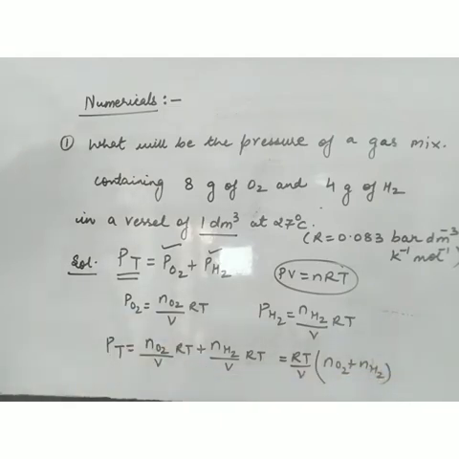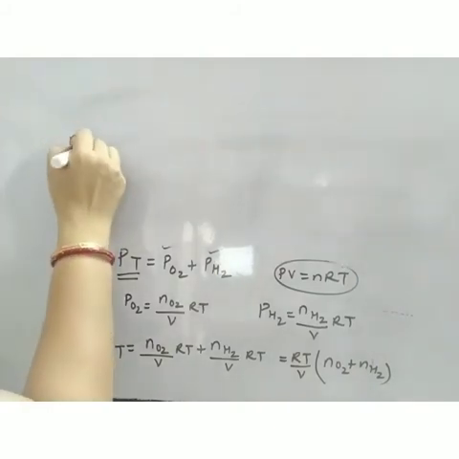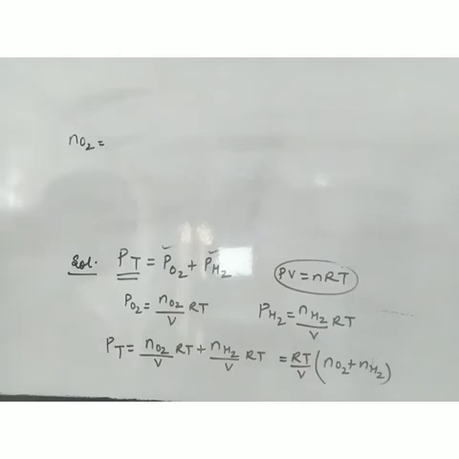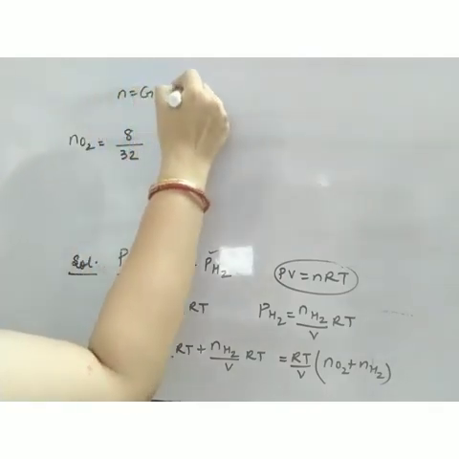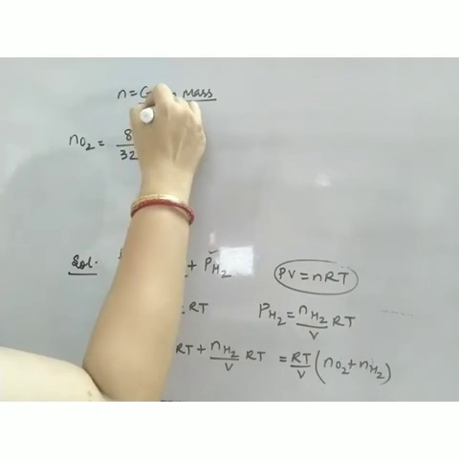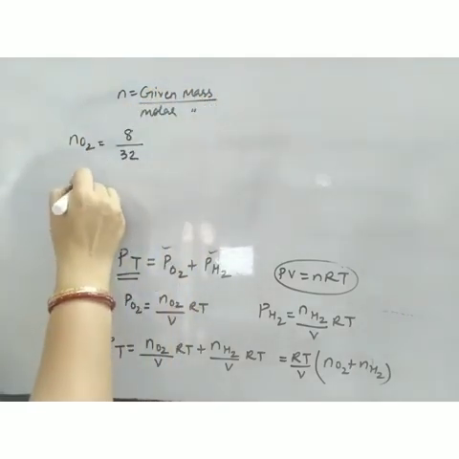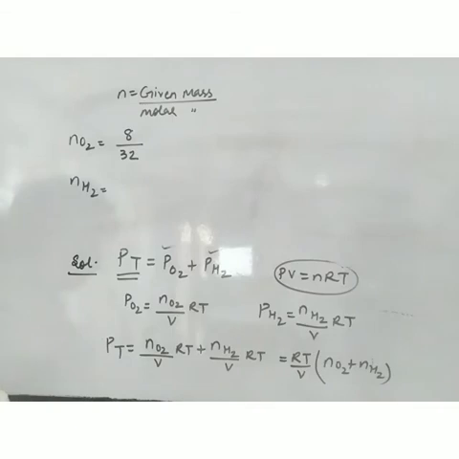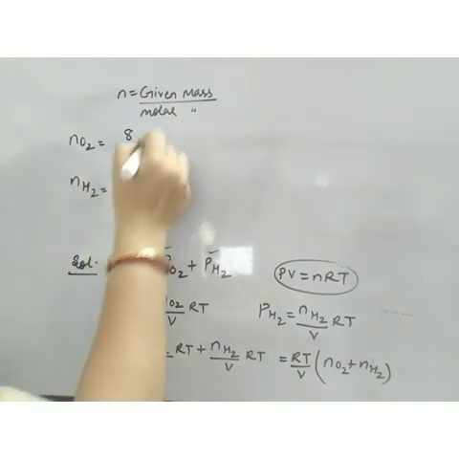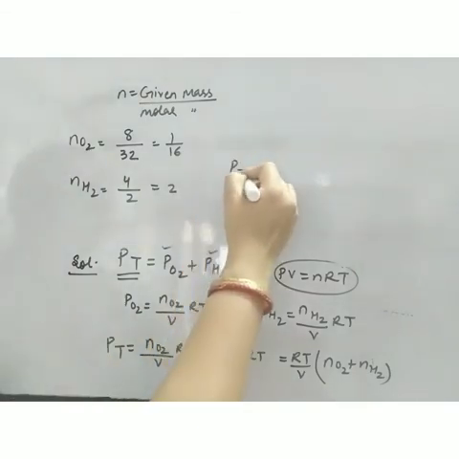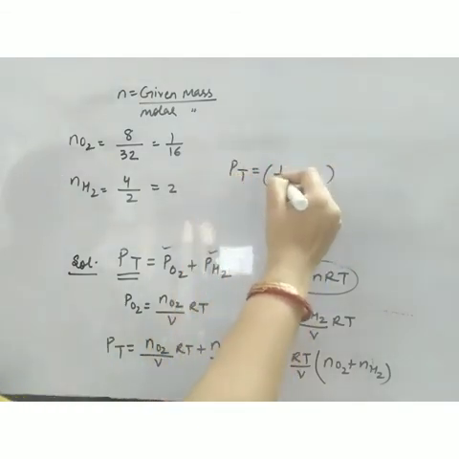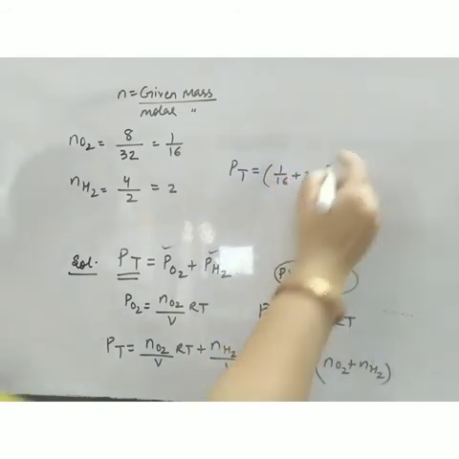Now how to find out moles of oxygen and moles of hydrogen? Number of moles of oxygen is equal to given mass of oxygen upon molar mass. Oxygen is 8 gram given to us and molar mass is 32, so moles is 1 by 4. And number of moles of hydrogen is equal to given mass of hydrogen, which is 4 gram, so 4 upon 2, which is 2. Now total pressure will be equal to 1 by 4 plus 2, into R,